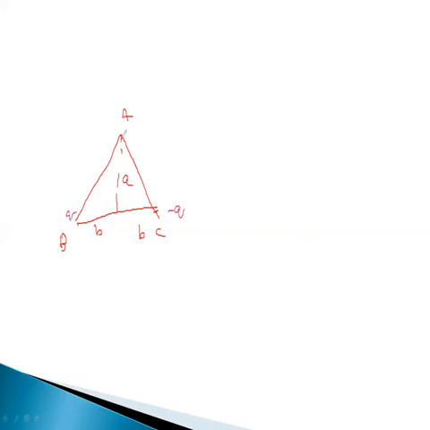If you want to calculate the potential at this point due to this charge, it is 1 by 4 pi epsilon naught Q by this distance, which will be root over A square plus B square. In this case the same distance will be there, and you will get the same answer with a negative sign because of minus Q. They are asking only for the total potential. Both have the same values, hence the total potential will be 0. If two equal and opposite charges are at the same distance, then the total potential will become 0. Simple question it is.